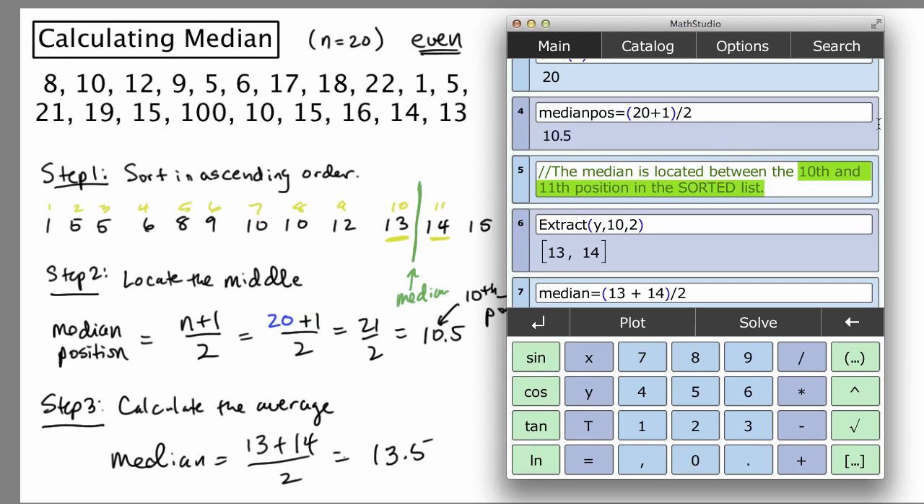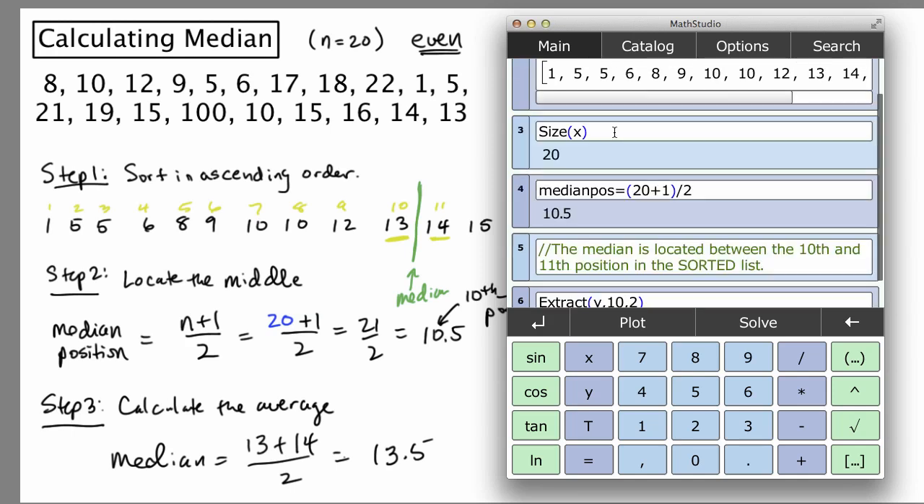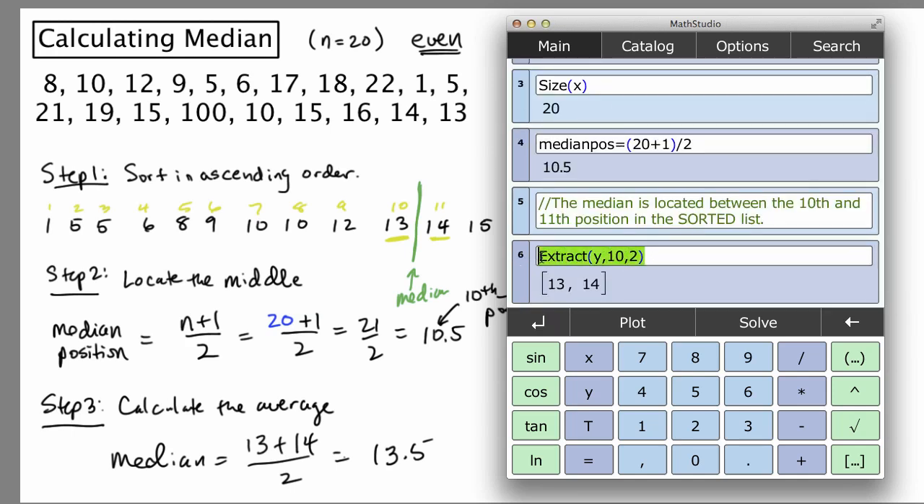So if you recall, the sorted list above, I used Y as my sorted list. So down here, what I'm going to tell the calculator to do is to extract from the list Y, which is the sorted list, starting with position 10, the next two things. In other words, I'm telling it to pull out or extract the 10th and the 11th position in the list,